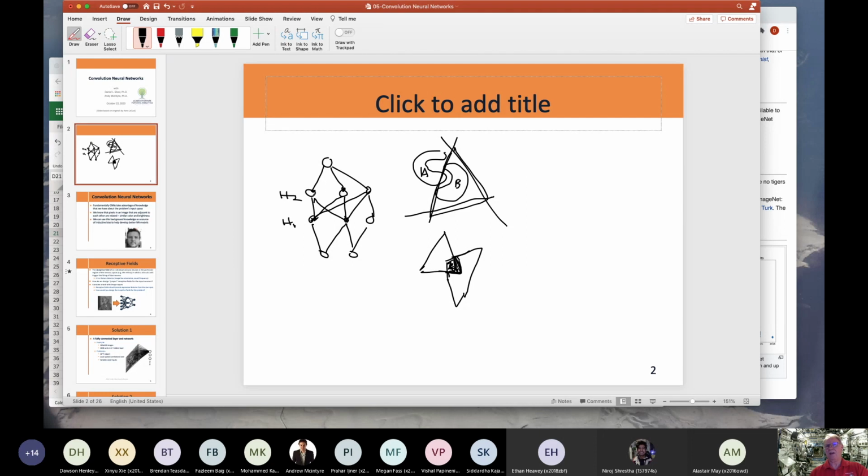Now the next question is, how many nodes should I have on a layer? Well, given that this surface is really round, if we want something approaching smooth like this, then these triangular shapes are not going to do it. We're going to have to add many more nodes in order to carve this up nicely into little chunks and pieces like that. So the science bit here is that we know we have to have at least a couple of layers to deal with something really complicated, or relatively complicated.